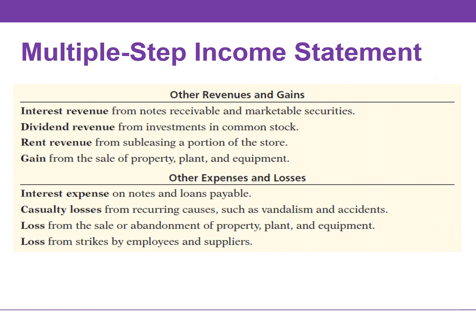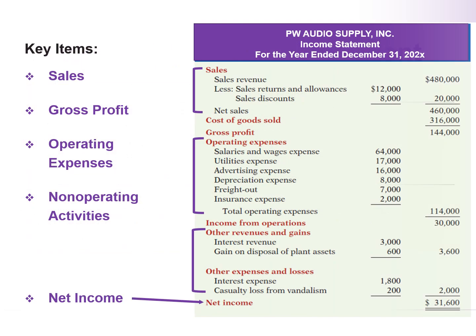Non-operating activities are reported in the income statement as other revenues and gains, as well as other expenses and losses. This slide lists examples of each. The net amount resulting from other revenues and gains is added, and the net amount resulting from other expenses and losses is subtracted from income from operations to arrive at net income. In this example, we start with income from operations of $30,000, and we add $3,600 and subtract $2,000 to arrive at net income of